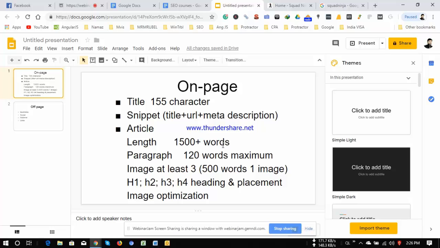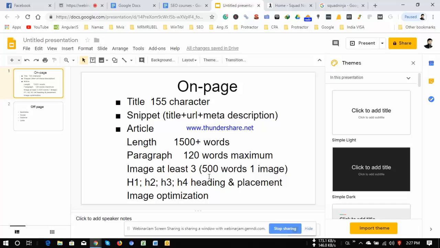We have to use all the heading tags: H1, H2, H3, H4. This should be in sequence. For example, if I am using an H1 tag, after that I use an H3 tag, then an H2 tag, then repeat the H4 tag, it's not a good practice, sir. It should be done systematically and serially. My title should be the H1 tag, then we can put some heading that is an H2 tag, another heading H3 tag, another heading H4 tag.